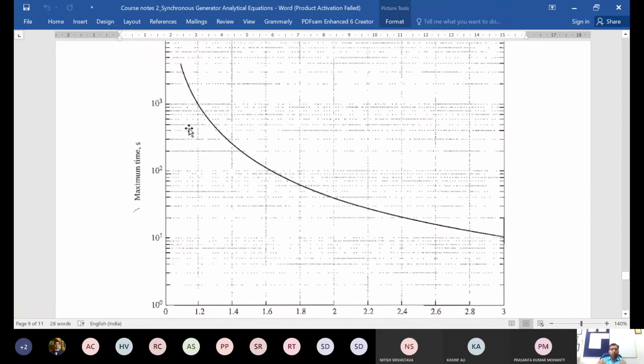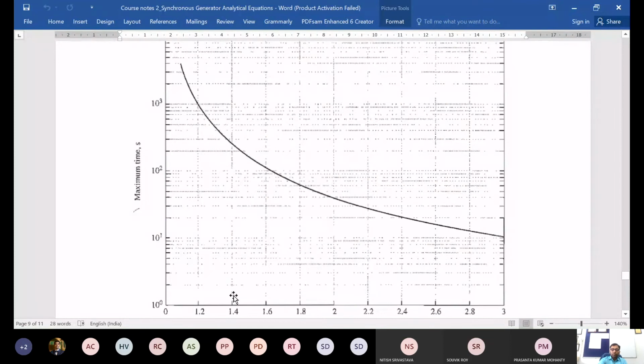So if there is some excess power, or there is a transient, a motor is started or a big load has come up, and suddenly there is a power surge. That power surge may be for a few cycles or maybe at max for a few seconds. That type of overload, the machine can easily operate. There is no harm here because there is a huge margin up to 20% overloading. It can tolerate it for up to maybe 15 or 16 minutes.